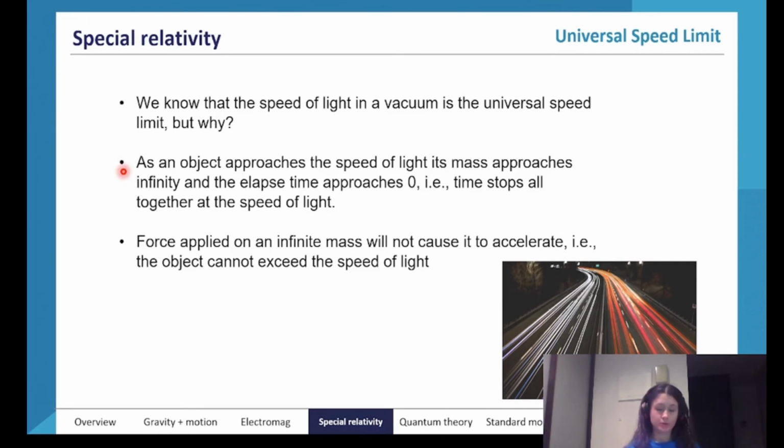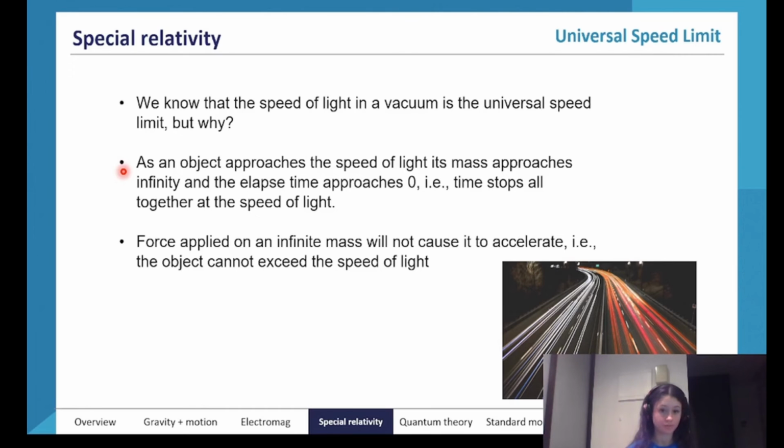As you get closer and closer to the speed of light, time is going to slow down more and more, right? As an object gets right next to the speed of light, time is basically stopped in comparison to somebody who's stationary relative to them. So at the speed of light, we can deduce that time is zero, or time doesn't exist.